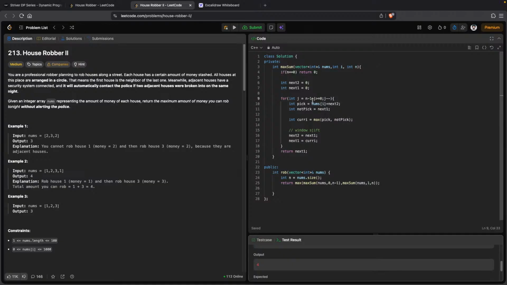Because array indexing starts from 0 and we are already getting the n-1 for the excluding the last term, not the last week, the out of point term, but we have to